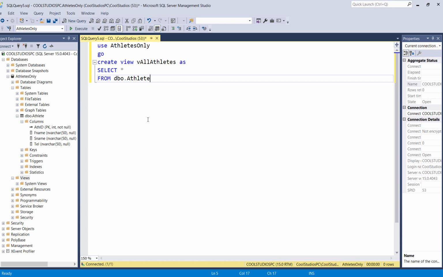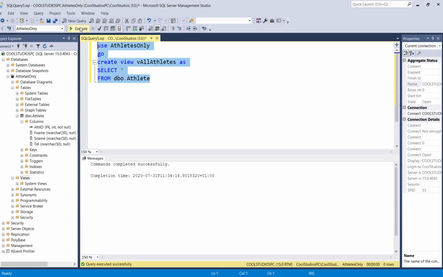But a workaround is, if you use athletes only, which is the database name, and then click go, go means run this particular application, it will create a view and put it in the correct place here. Now you can try that yourself if you want to try running it. Sometimes it'll work, sometimes it won't, but this way it works every single time, and that's what we really do need. So if we highlight that,